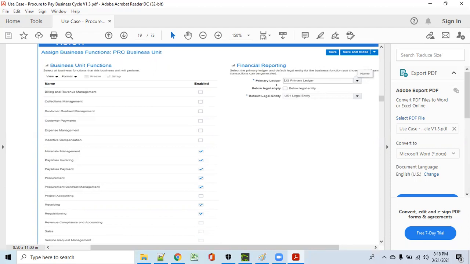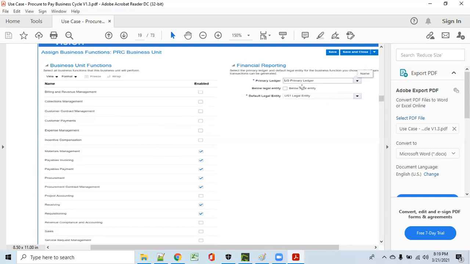And if you want to create the ledger, you must have a COA, a currency, an accounting method, and a period. With these four combinations, you can make the ledger. Once you have that, you can map these with the business functions. And this part is not ours.